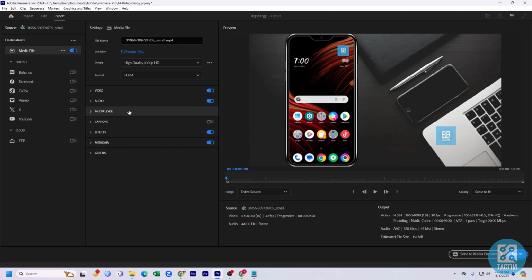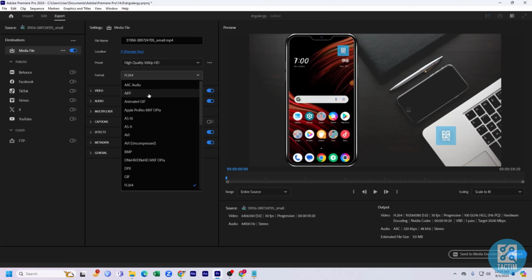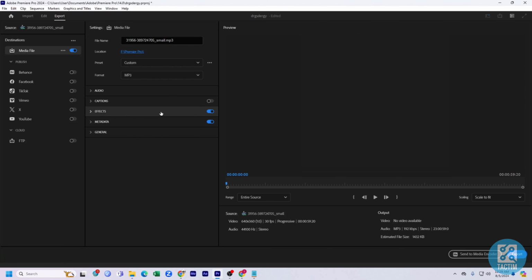and after that here you can see the format. Click on it and just select the audio format, which audio format you want to export. Just like if you select MP3, it will be in MP3. You can customize the presets, and after that just click on Export,